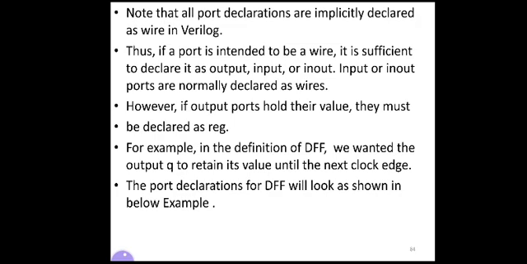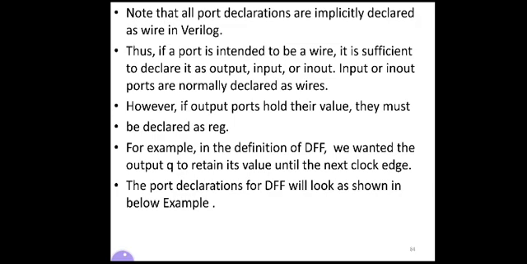Thus, if a port is intended to be a wire, it is sufficient to declare it as an input, output or inout. If you want a wire, you need not declare it as wire explicitly. Directly you can just declare it as a port, input or output or inout, and it becomes a wire.